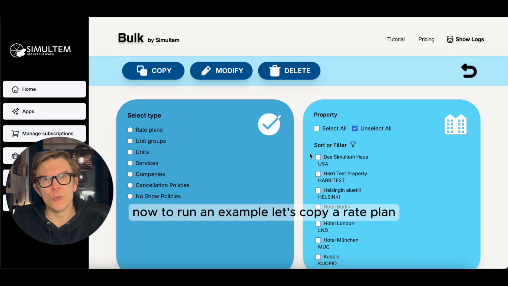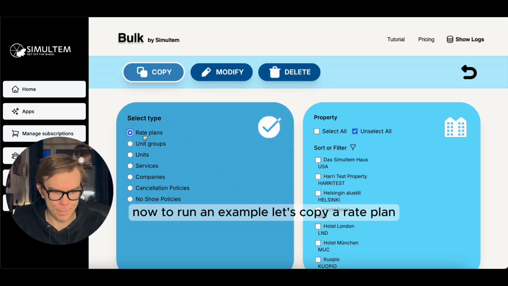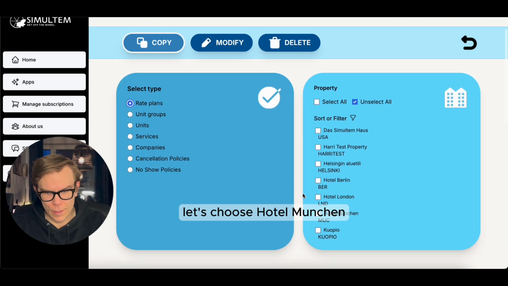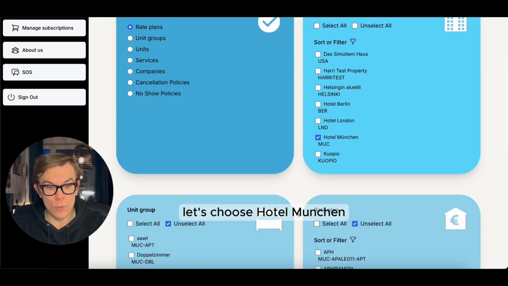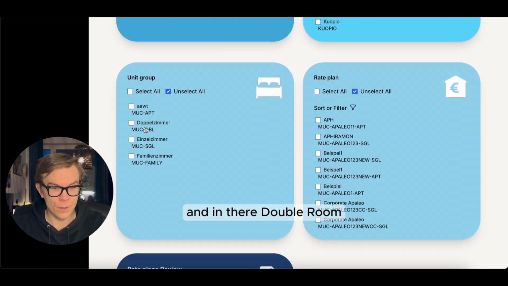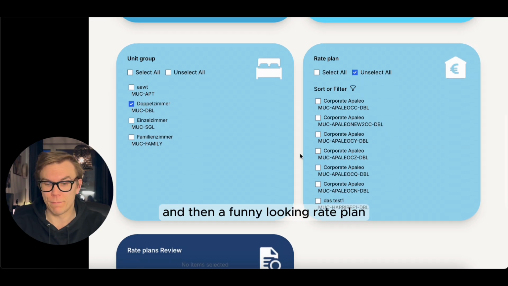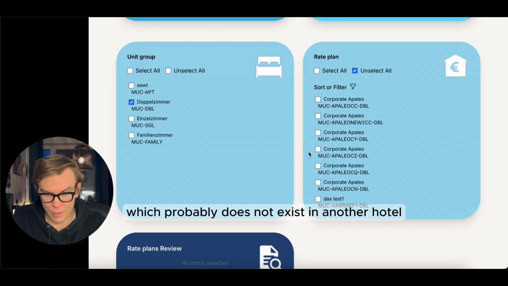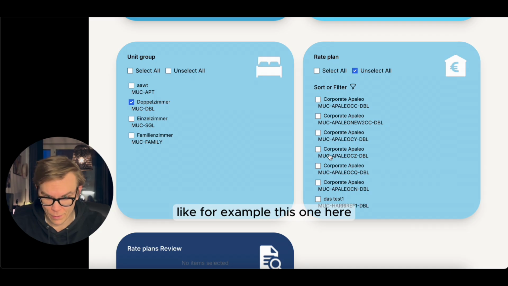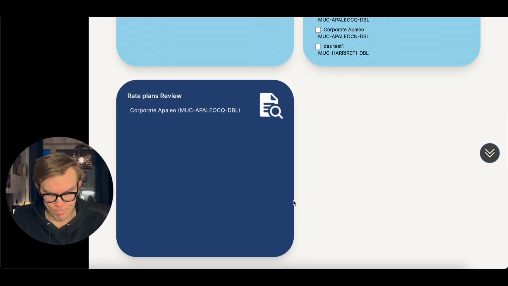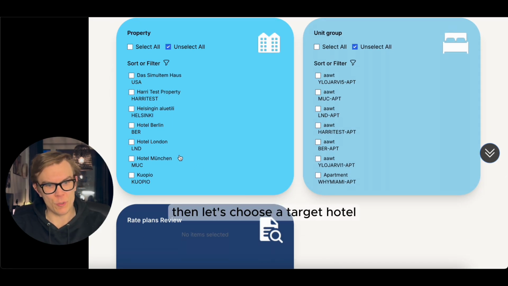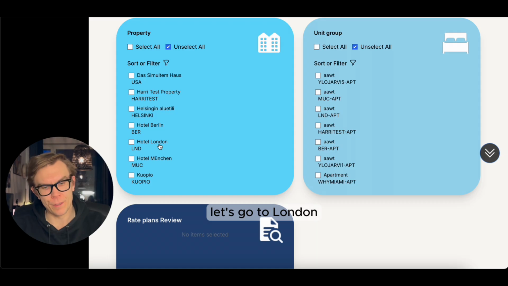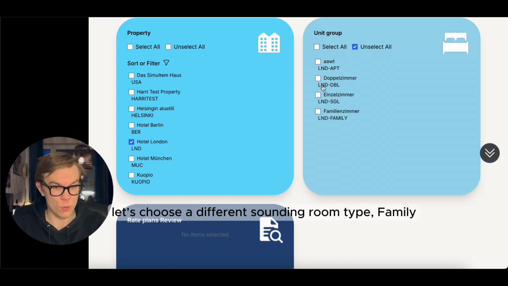Now, to run an example, let's copy a rate plan. Let's choose Hotel München, and in there, double room, and then a funny looking rate plan, which probably does not exist in another hotel, like for example, this one here. Then let's choose a target hotel. Let's go to London. And in there, let's choose a different sounding room type, family,